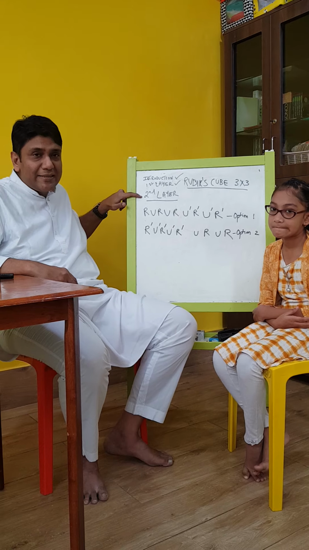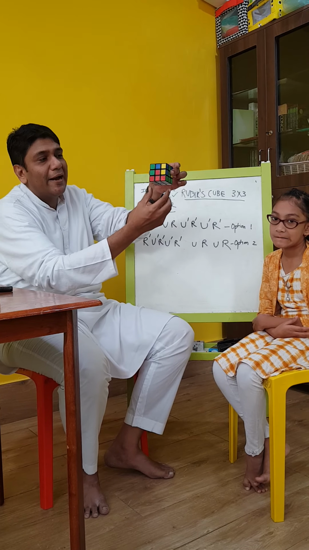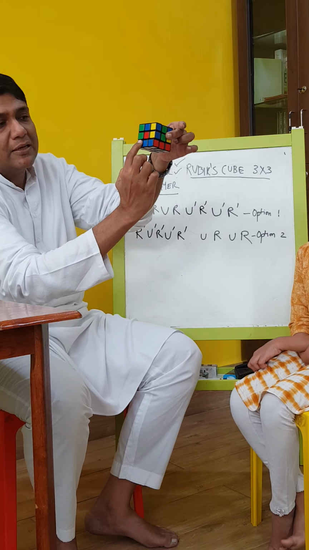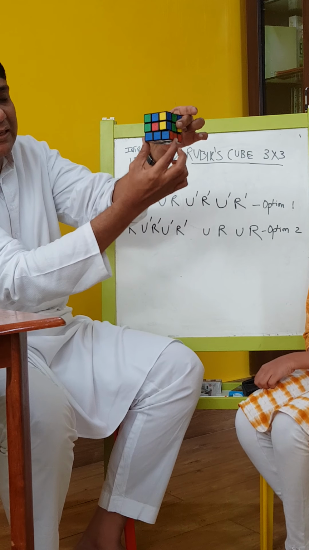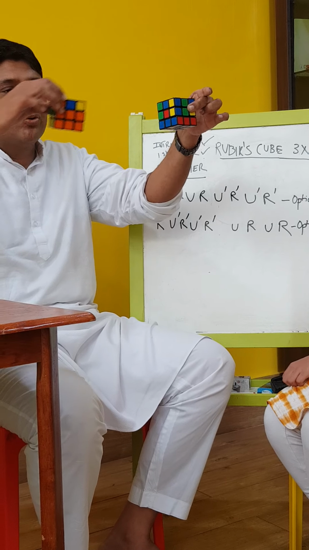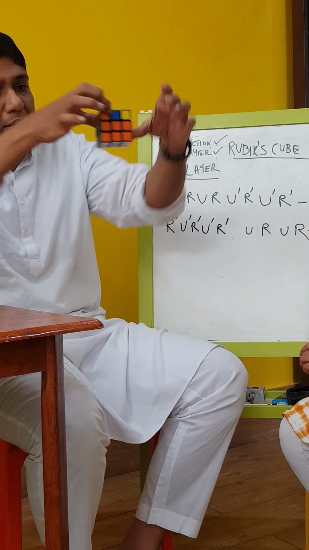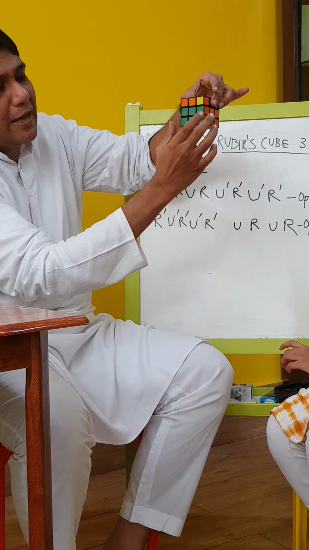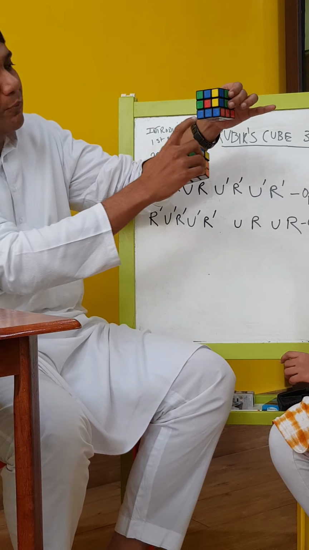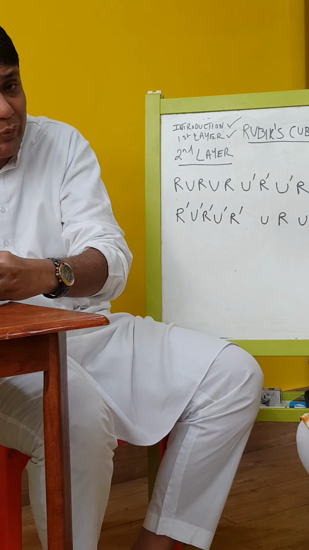For doing the second layer, I would like to recall that in my previous video I had explained how to solve the first layer, that is all the light colors in the lowest level. Now our aim is to achieve this, that is two layers where both the layers will have similar colors. So we will be moving from this stage to this stage. So how do we do that?